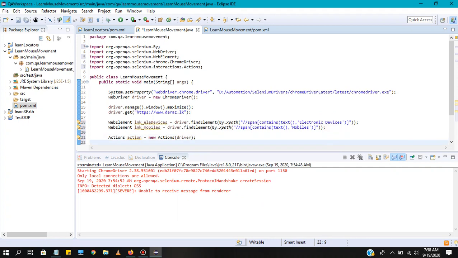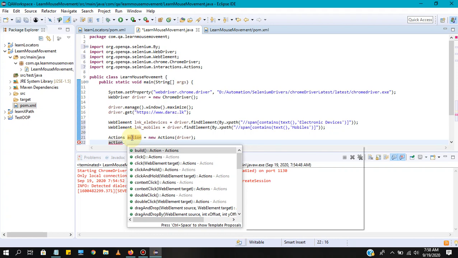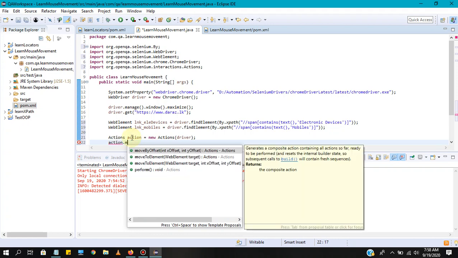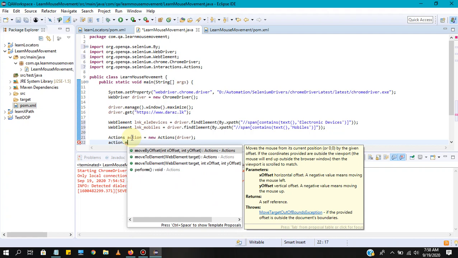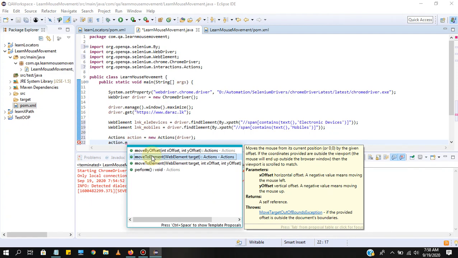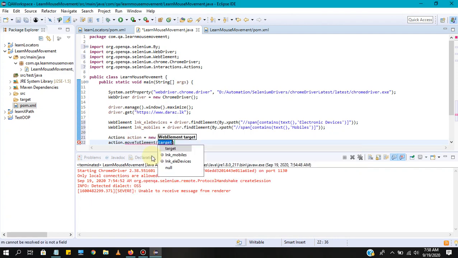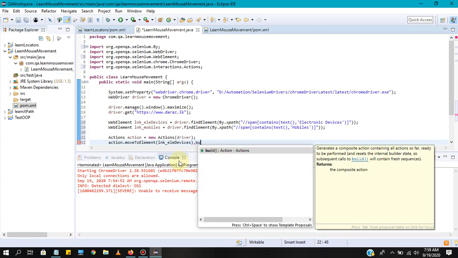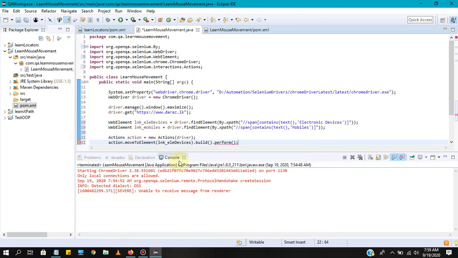And using this actions variable, you need to use action dot move to element. Inside this element, you can pass the link underscore electronic devices, and you need to call this build method and dot perform method.